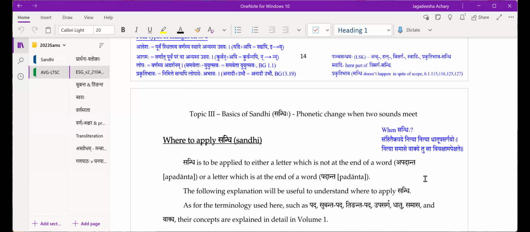The last one says, Vakyetu sa vibhaksham apekshate. Vakye, in a sentence, which is a group of words. Sa is referring to sandhi. Vibhaksha is choice, option. Apekshate, expects. So in the case of a sentence, you have the choice of making a sandhi or not making a sandhi, even when there is a scope for making the sandhi. This use of choice, making and not making, we see every time we chant a shloka.